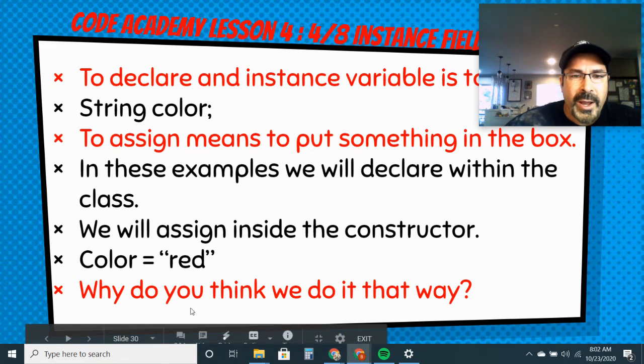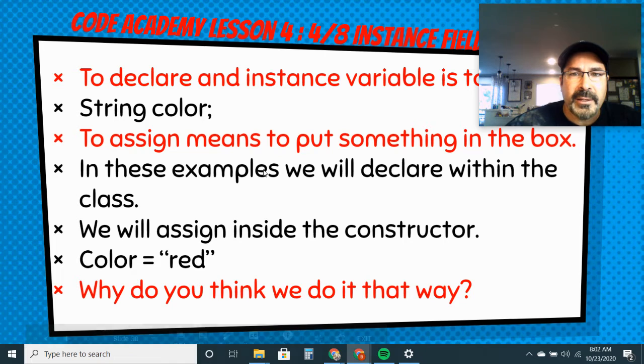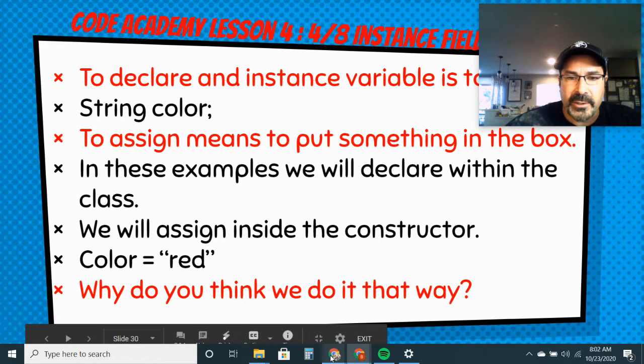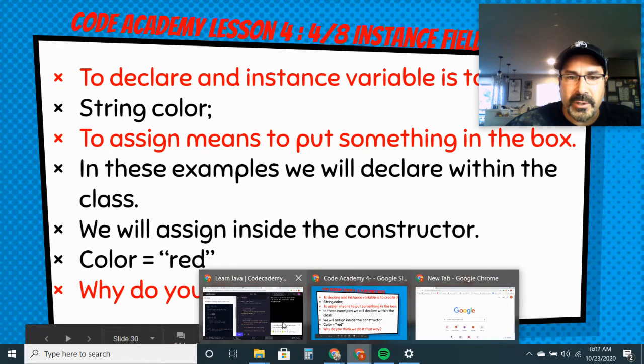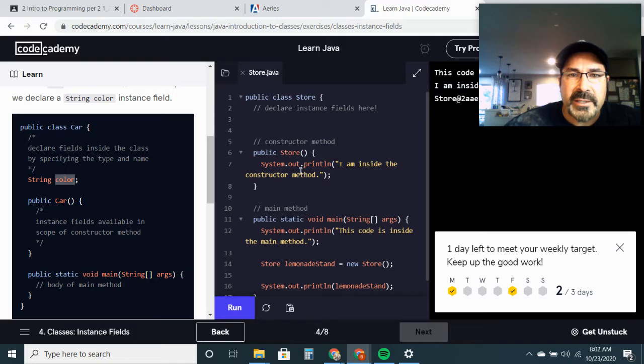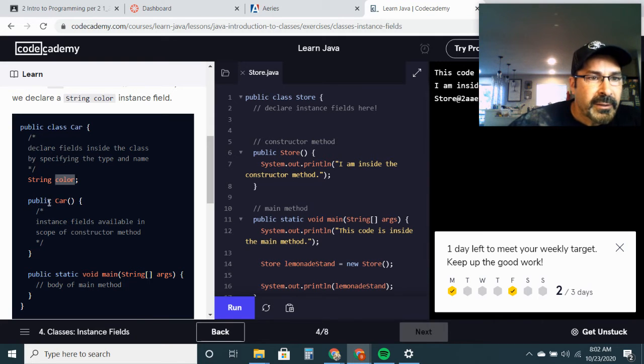Okay, and so then why do you think we do it that way? Why do we think we declare in the class and assign in the constructor? Let's take a look at the code here real quick. So basically the idea is,